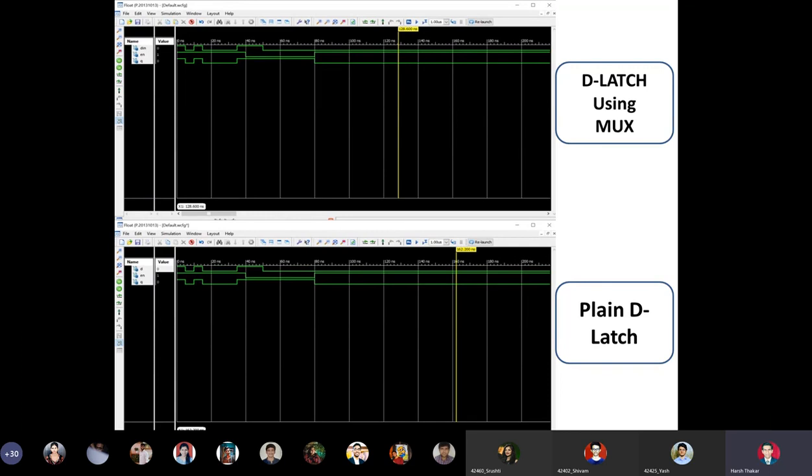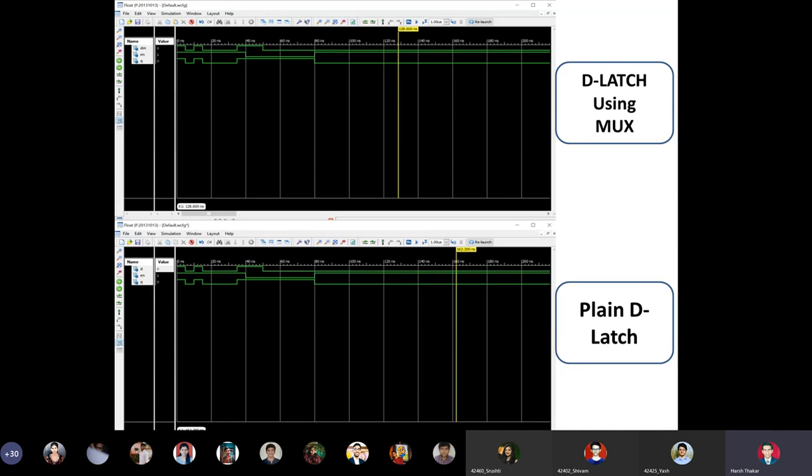The below one is the output of the plain D latch. For the same sequence, D latch using mux and plain D latch are giving the same waveforms, indicating that we have successfully used the feedback concept into a multiplexer.